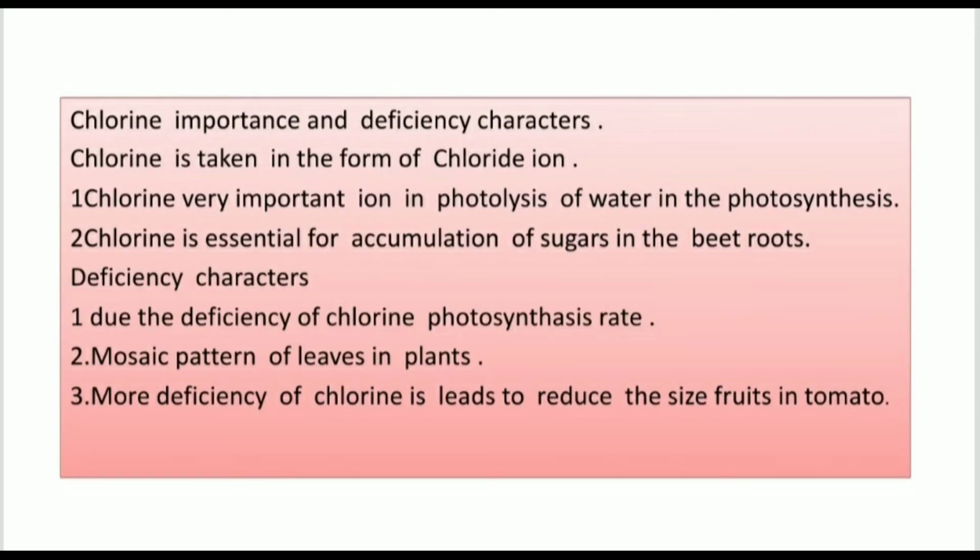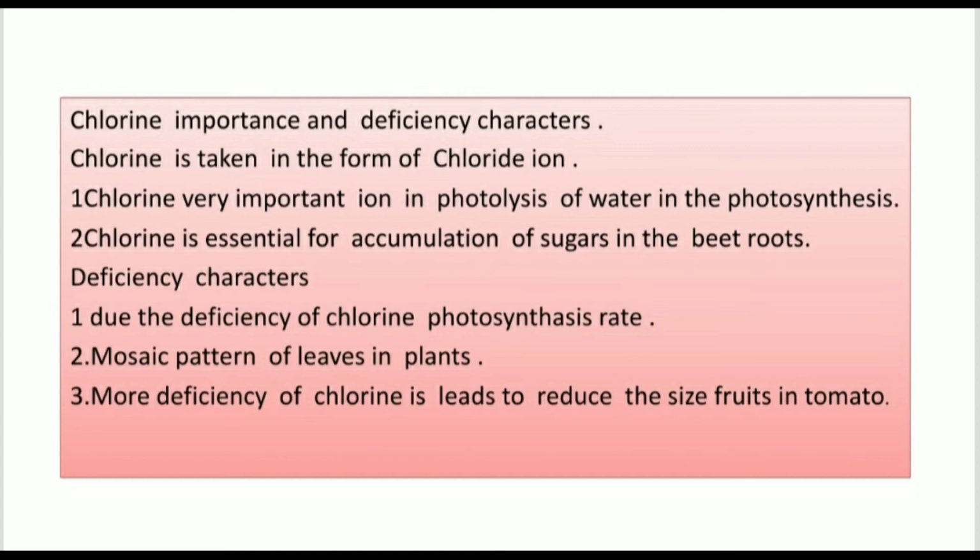Chlorine is the fifth micronutrient essential for plants. Chlorine is absorbed by the plants in the form of chloride ion. Chlorine is a very important ion for photolysis of water and photosynthesis. Chlorine is essential for accumulation of sugars in beetroots, and deficiency characters are the